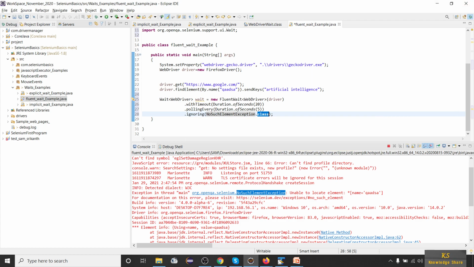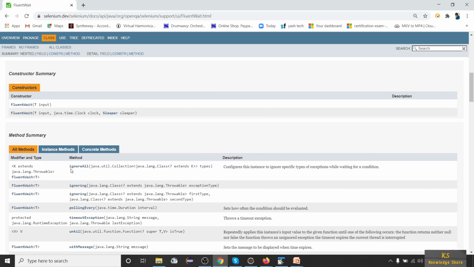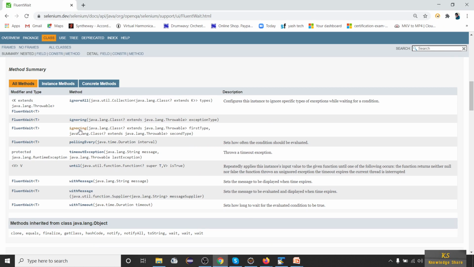Now let's see what other methods are available that you can explore here. See, all methods: ignore all, ignoring. You can use ignore all for ignoring all the exceptions, and timeout exception, polling every. We are using with timeout. And we have one more method as well, as I said, dot with message.